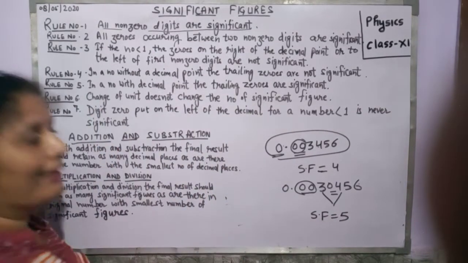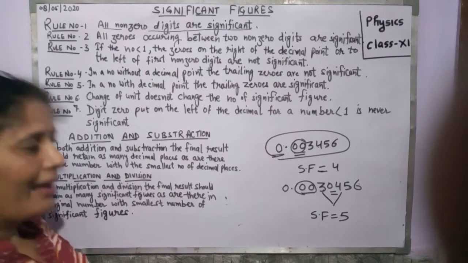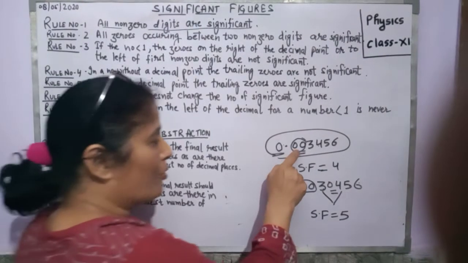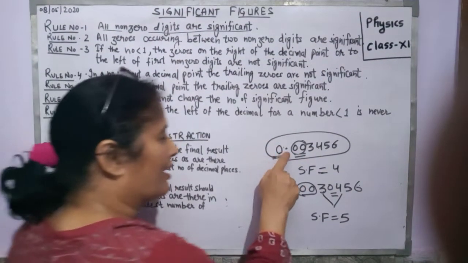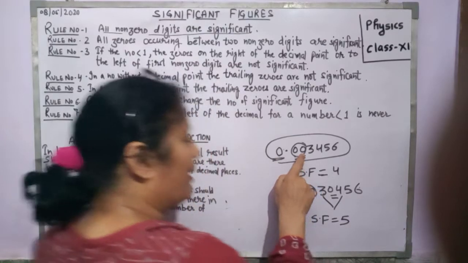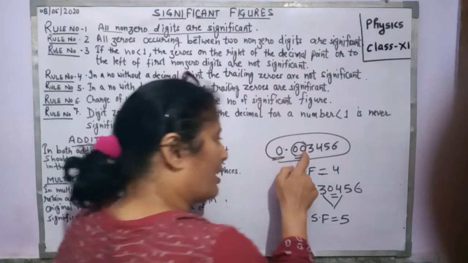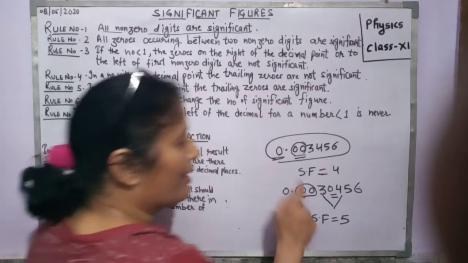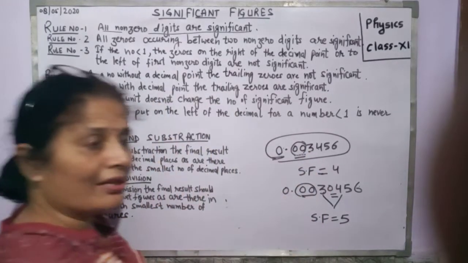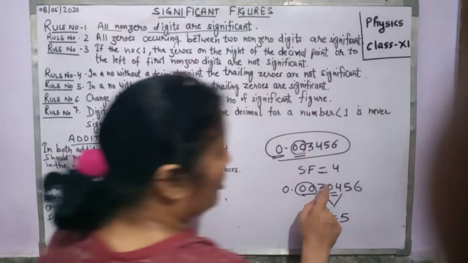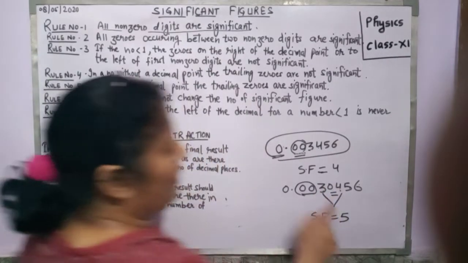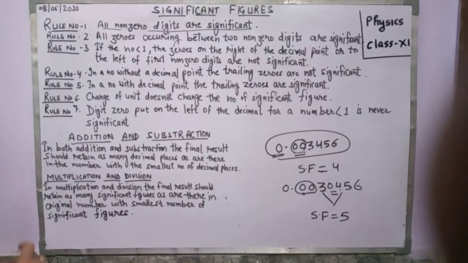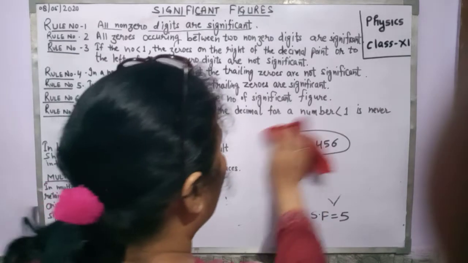So it should be noted, first, that the number should be less than 1. The second is that all the zeros must be after the decimal point, and also to the left of the first non-zero digit. Then they are insignificant. But if the zero lies between two non-zero digits, then it becomes significant, as in this case. Now the next rule is, in a number without a decimal point,